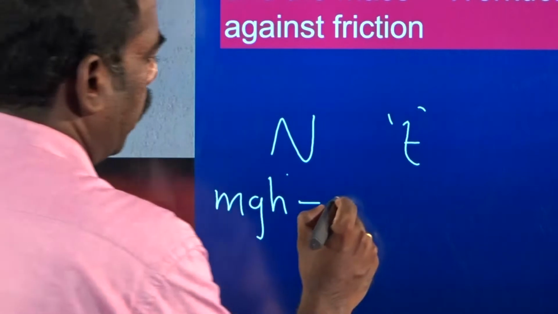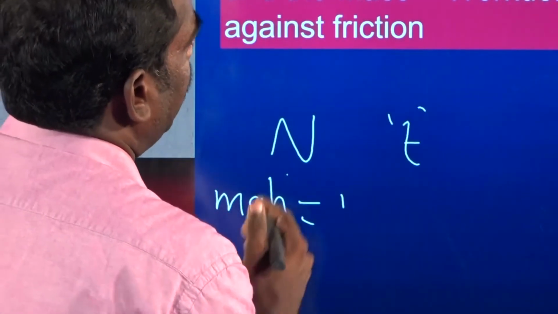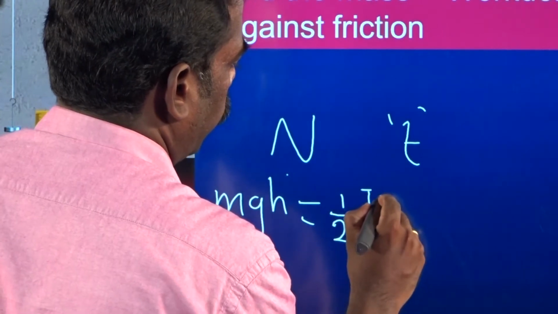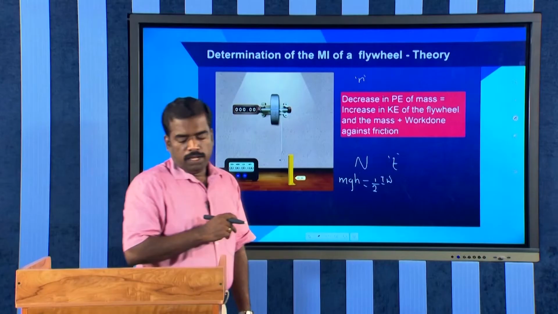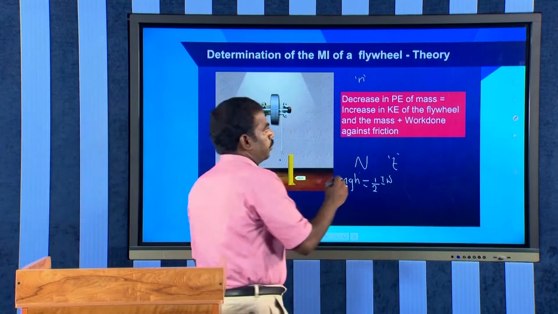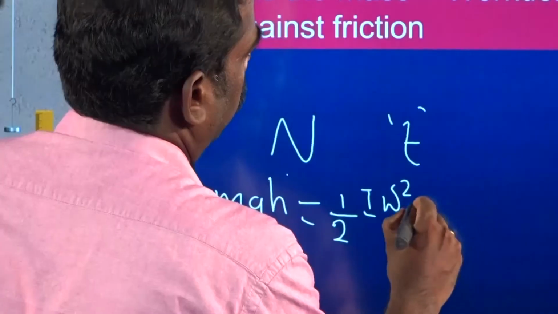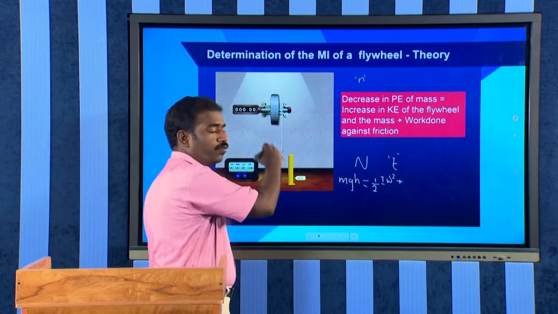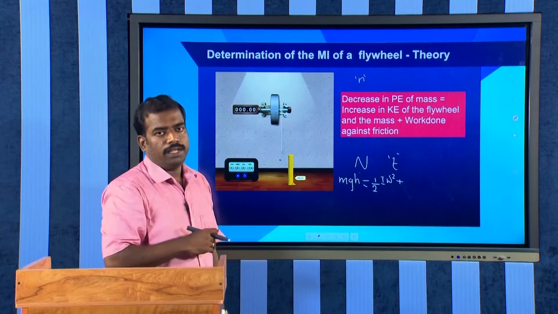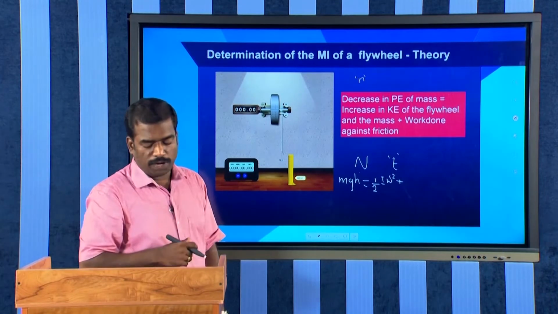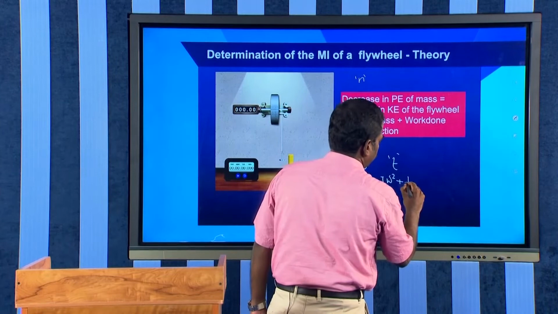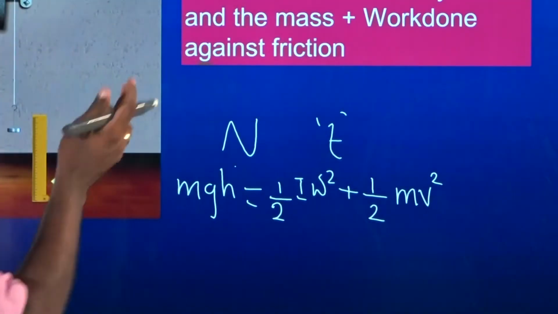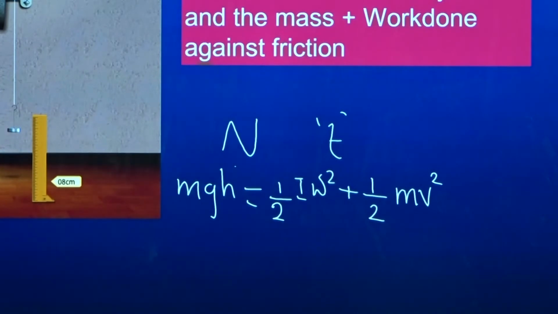It is converted to, first, increase in kinetic energy of the flywheel, which is rotational kinetic energy, half I omega square, plus increase in kinetic energy of the mass. It is in translatory motion. When the mass falls down under gravity, it will have some kinetic energy, given by half mv square. And partly to do some work against the friction,